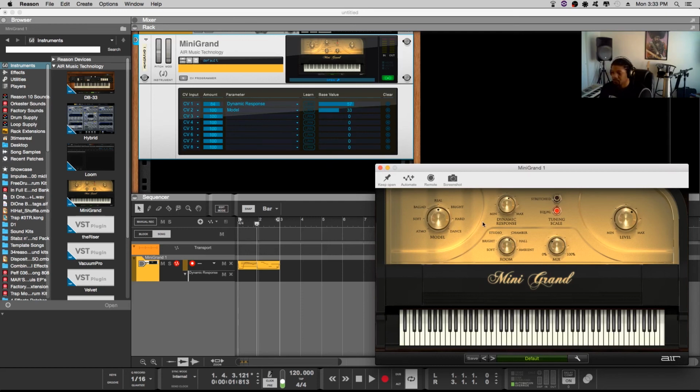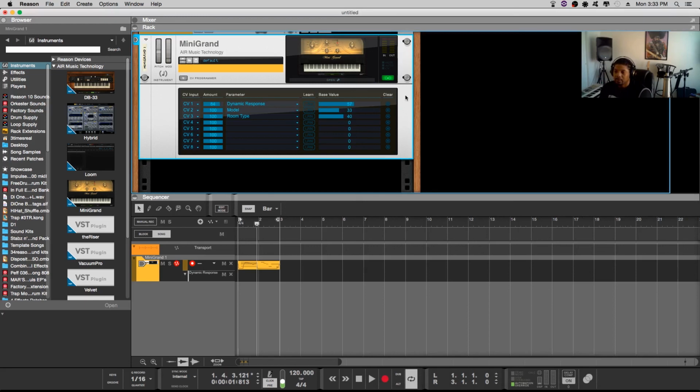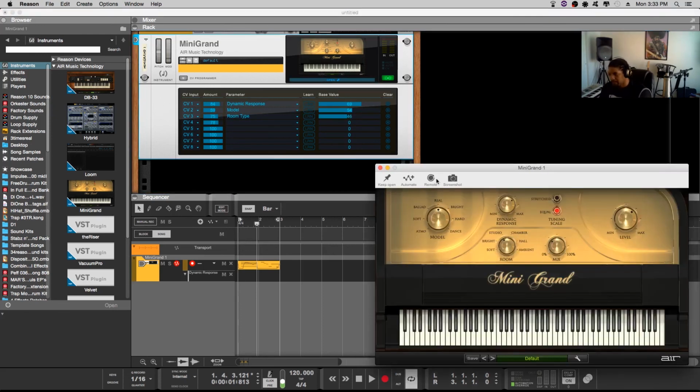So if you want to do room, you click the next one and then you can go ahead, and therefore you got room, and you can adjust these without, again, opening that window. You can adjust these by just going up in here and then adjusting, instead of opening up this window here and going up in there and adjusting things. Okay, that's just a quick little tutorial to let you know how to work with VSTs in Reason,